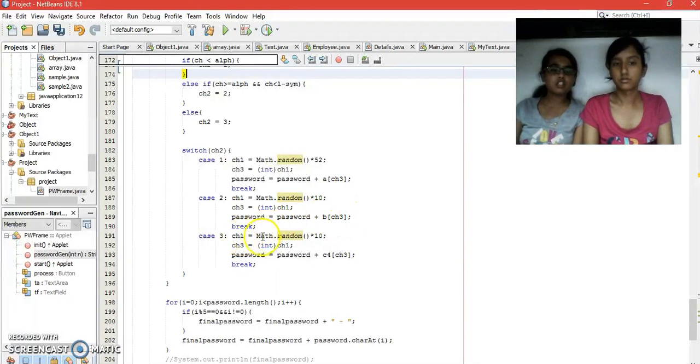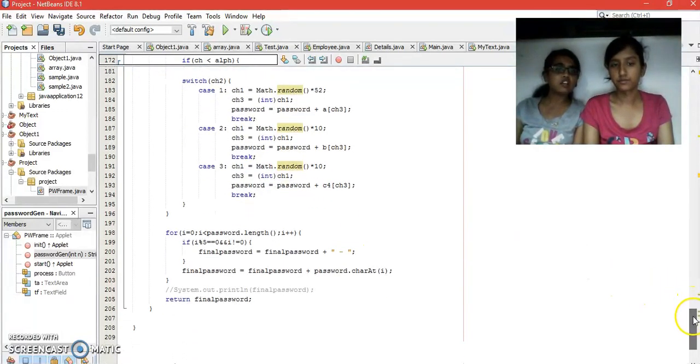In case 3 it is like the previous one. CH1 is equal to, out of 10 random symbols, we are choosing one symbol, and in CH3 that is converted into integer, and password is equal to password plus the chosen symbol.